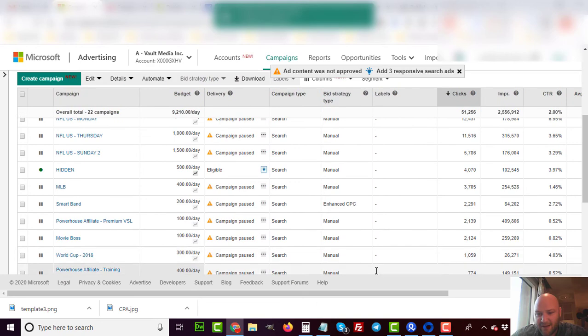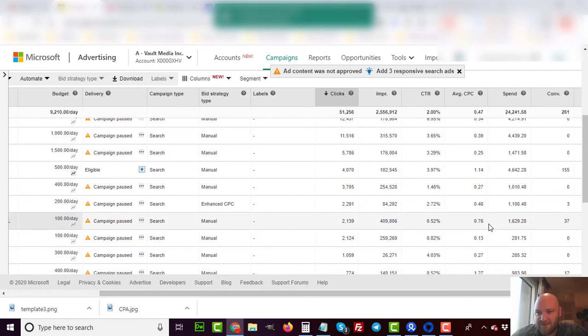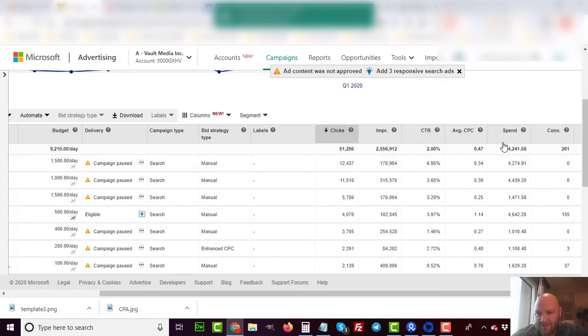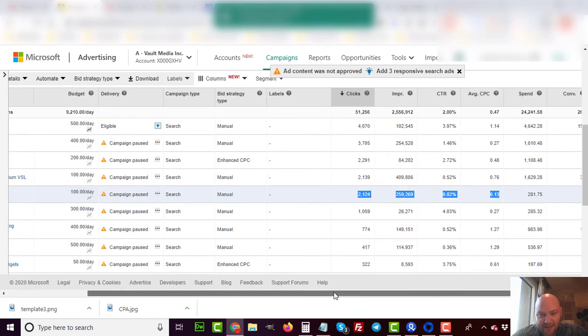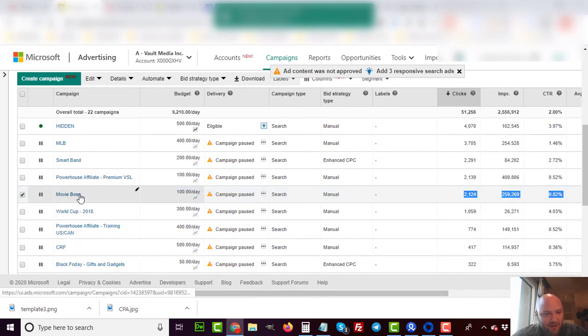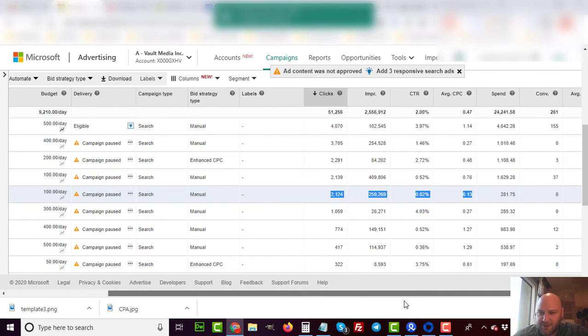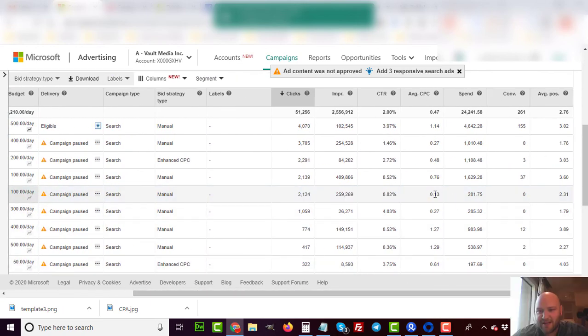So if you're coming down here, you can see I have some data to show you the average cost per click in many niches. Now, you can see I'm paying 47 cents, as high as $1. Summer's low is 25 cents per click. We have one here that's 13 cents per click, and that one was in the watch movies online niche. So that is a good potential niche if you have an offer like Netflix, let's say. There are a lot of CPA offers out there that stream movies for people. This is a good example of cheap traffic, lots of traffic, 13-cent clicks.